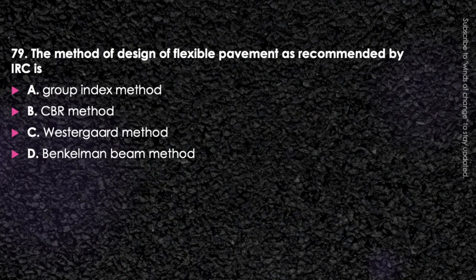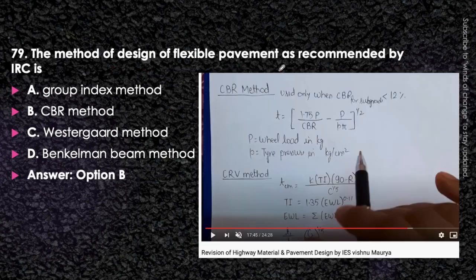Next question. The method of design of the flexible pavement as recommended by IRC is group index method, CBR method, Westergaard method or Benkelman beam method. Think about it. We are talking about the design of the flexible pavement. What will be the answer? The thickness can be determined by the formula given by CBR only. Okay, in the CBR method, we determine the thickness of the pavement in case of